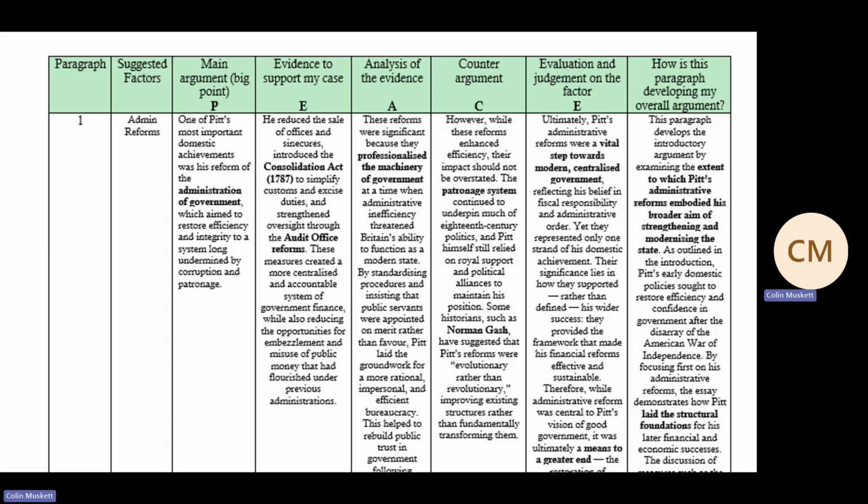And then, of course, that's where you get into that little bit of evaluation towards the end of the paragraph, that mini judgment where you're linking it back to the argument that you set out at the beginning of the essay. All right? So overall, the way it's weighted, if you're going to color code all of this, you'll hopefully, if you've done it correctly, see that the analysis sentences are the bulk of your paragraph. Counter arguments, a sentence or two. And then obviously in terms of the evaluation, you can see there, it's just that you've acknowledged the counter argument,